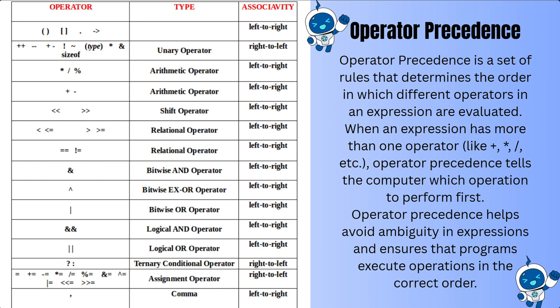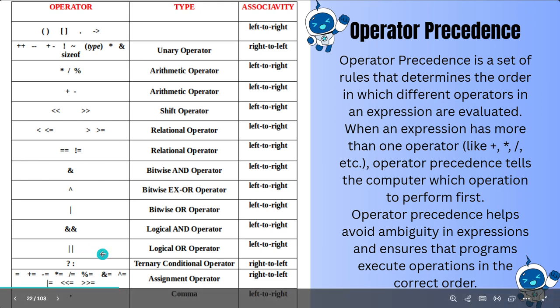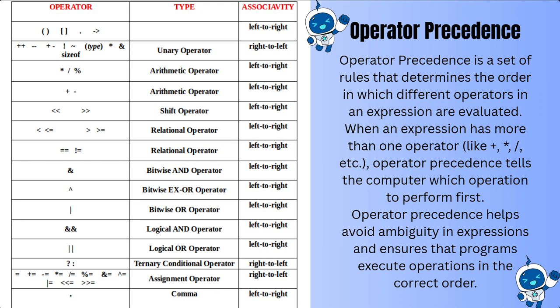Okay, and this is the chart. You need to remember it in order, from highest to lowest, in descending order. Coming to the ternary operator or conditional operator, it is basically an if-else statement in reduced form, a shorter version. That is also considered from right to left. We will do the ternary operator condition in the next slides. And in the end we have the assignment operator again, which is calculated from right to left. Moving on,